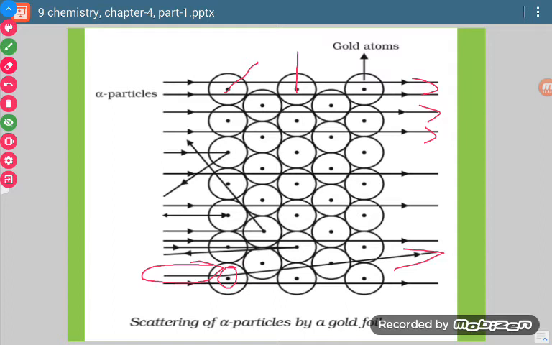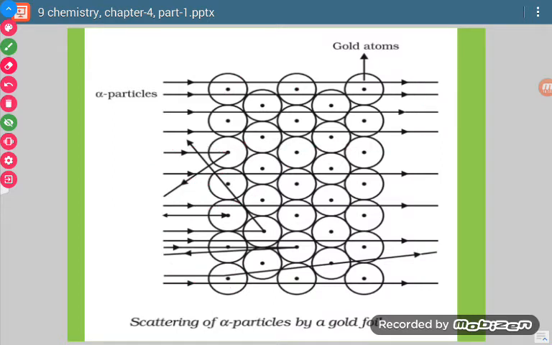In the third case, what was obtained? See this, you can see here what happened: the alpha ray came and directly struck the center, and then it moved like this. So this is large deflection. This is the proposed path, and this is the angle through which it has deflected. So it is large deflection.